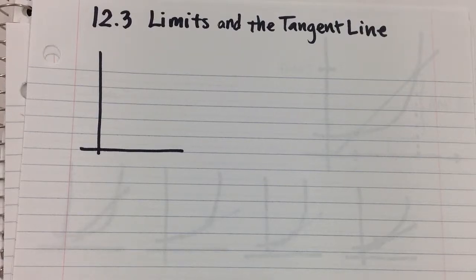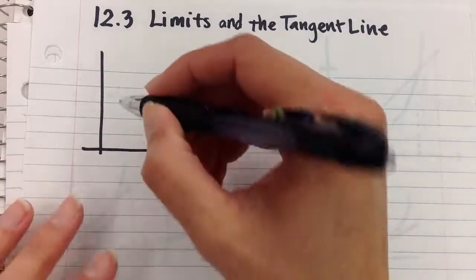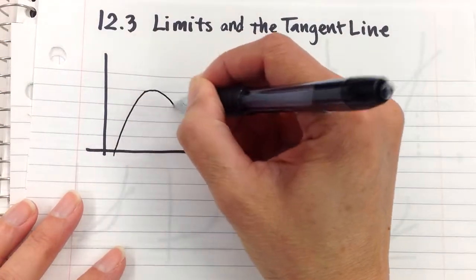So you're going to be able to find the slope of the tangent line to the graph after this lesson, which is a big thing in calculus. It's called taking the derivative. You're actually going to learn how to take the derivative using the definition of a limit, using the difference quotient. So the first thing you see on page 826, we have, let's draw some parabola in here, and